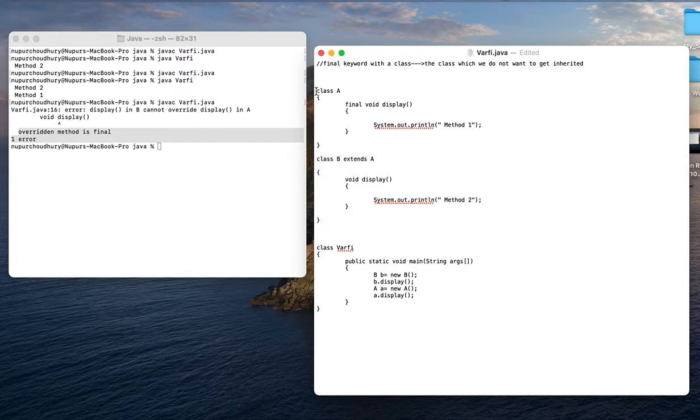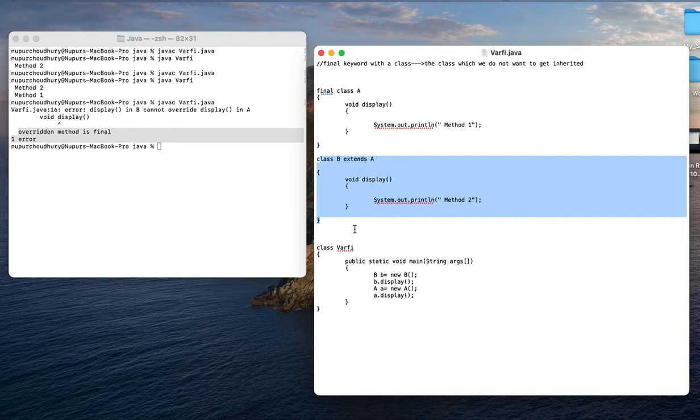Now what I will do is, if I do not want the class A to be inherited, okay, what I will do is I will simply use the final keyword in front of the class, okay. So when I'm trying to do this, what will happen is this class will no longer be inherited by class B. So let us first save this, okay.